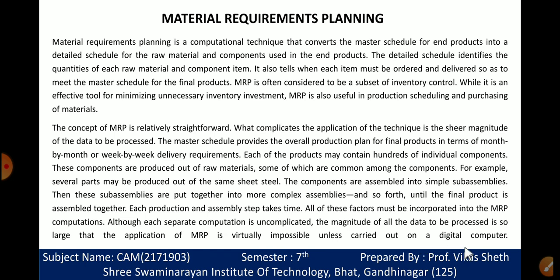So friends, here we discuss the MRP. MRP is the most important part of computer integrated production planning. Without MRP there is no such material planning, right? Because when we think about some production, there is always a need of raw material. So material requirement planning depends on the scheduling. As per the schedule, by using MRP we find the inventory. If inventory is not available for the product, then we purchase the particular raw material as per the requirement.